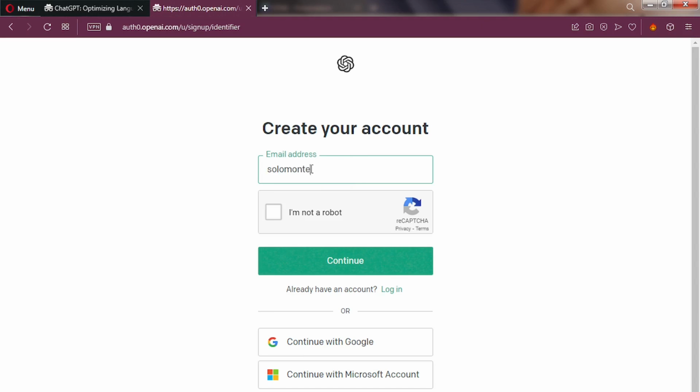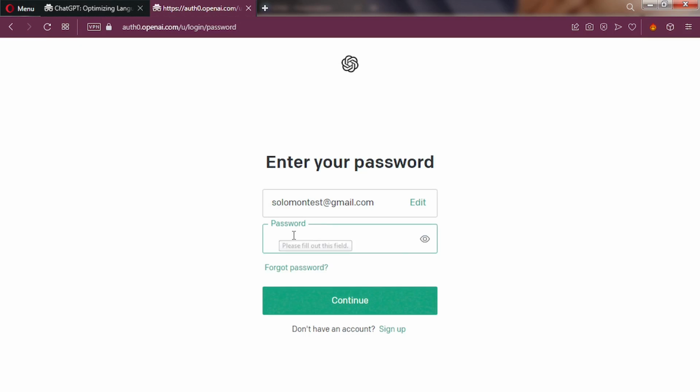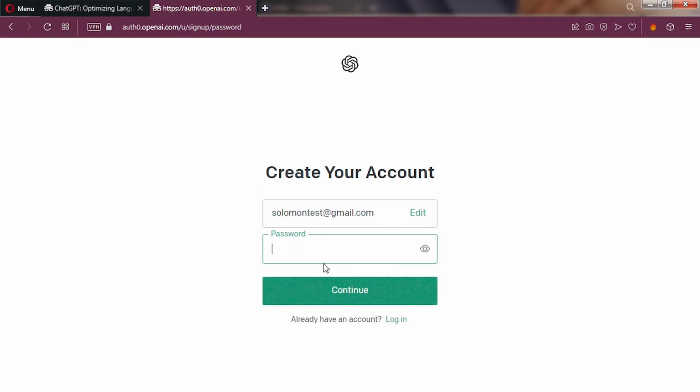But if you don't want to use that, you can simply enter an email account here manually. So go ahead and enter your email, and then click "I'm not a robot," and then you click on continue. Please go ahead and enter your password and then continue. Once your account is created, click on login,